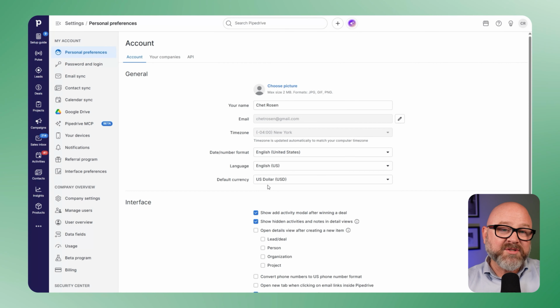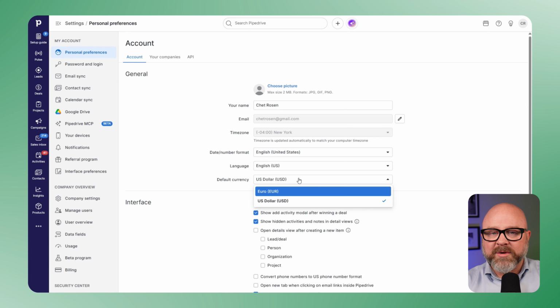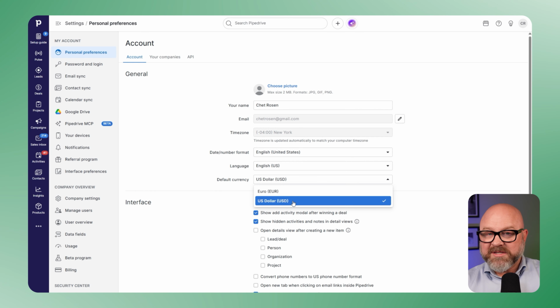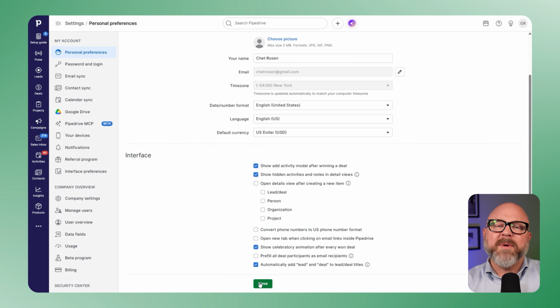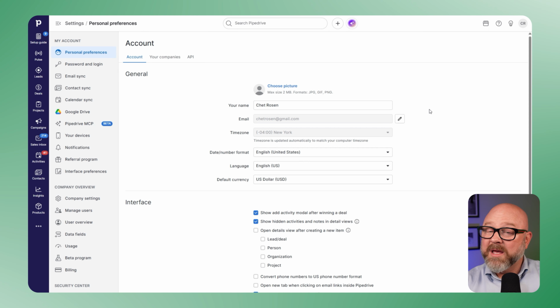Inside of personal preferences, you will see the current default currency at the bottom of the general section that is set for your account. Click on the default currency dropdown and then just choose a different currency from the dropdown list. For example, US dollar. You can pick whichever currency perfectly aligns with your local bank account or your primary accounting software. After selecting the new currency, scroll down to the bottom and click the Save button because the change will not apply unless you save it. In most cases, the change works immediately. However, if you do not see the update right away, refresh your browser to ensure the new currency appears in